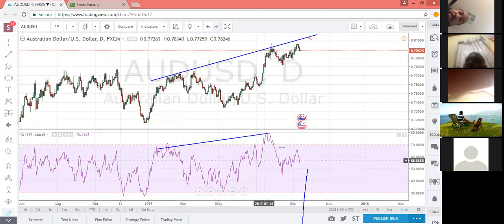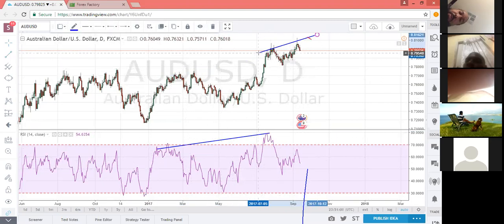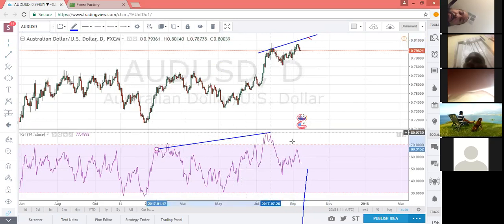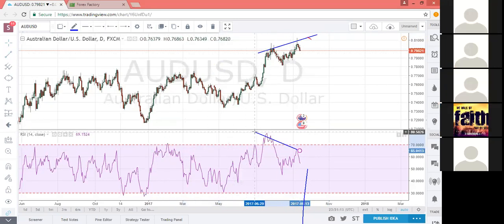What are we starting to see now? Even though this portion of the market is still uptrending, we're starting to see a downtrend being formed here, right? Because after being in overbought territory, it decided to break lower, came back up and retested, came back up and almost approached the 70 level, creating a lower high. While price went from a high, lower high, higher high, the RSI went from high to lower low to lower high. Simply by drawing these trend lines at the peaks,